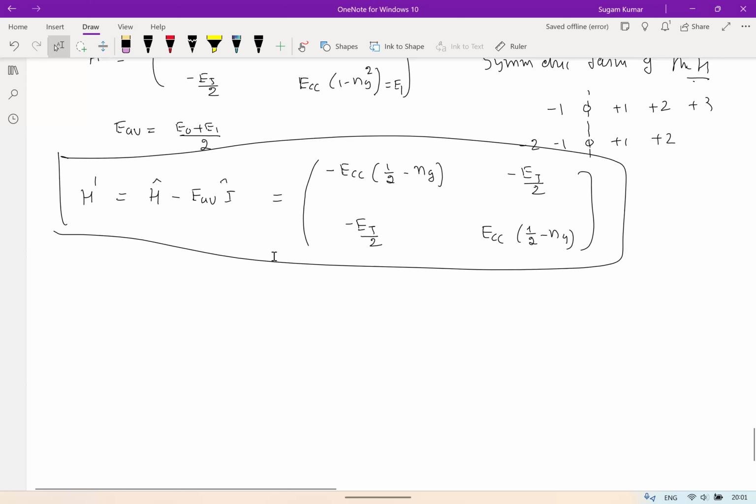So these are the terms you have now. And what I can do, I can again introduce another term. Let's say put E equal to EC and 1 by 2 minus Ng. So this Hamiltonian further becomes simple. It is 1 by 2 and minus E and minus